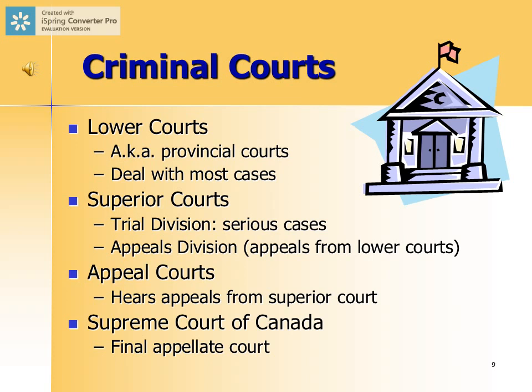There's a number of different other kinds of courts. There's military courts and tax courts. So within the Canadian legal system and the court system, we have a number of different courts. Obviously, what we're going to focus on in this course are criminal courts. And so we basically have 5 levels of courts in this country. The lower courts, superior courts, appeals courts, and then the Supreme Court of Canada.